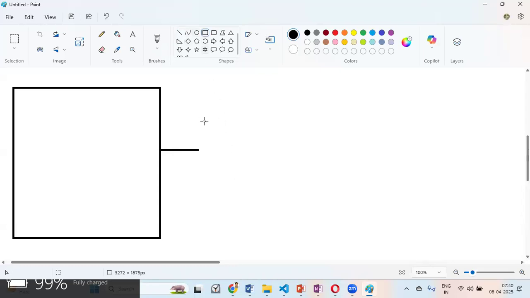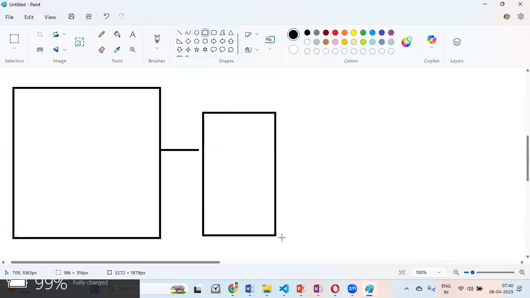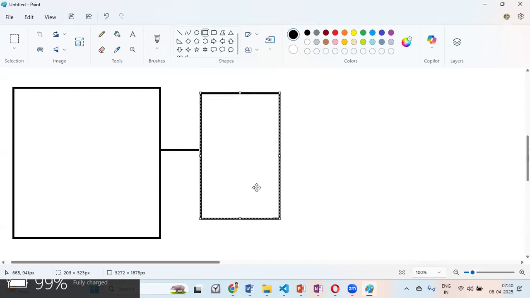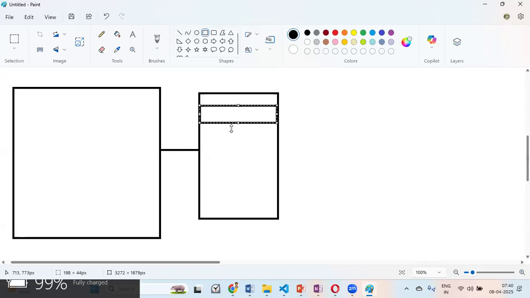So they came with the concept of rack servers, where they used to have huge racks like this, and each slot in the rack holds a server.